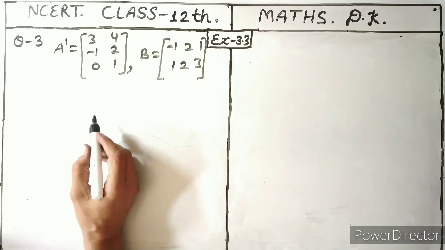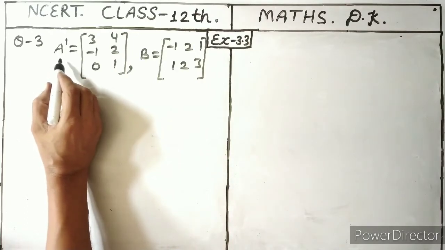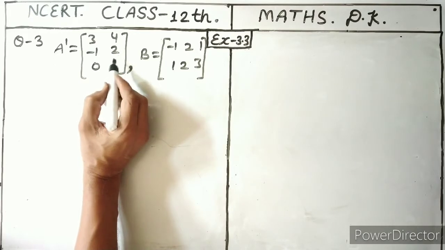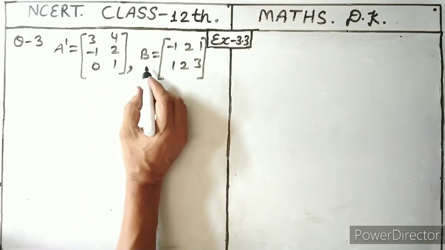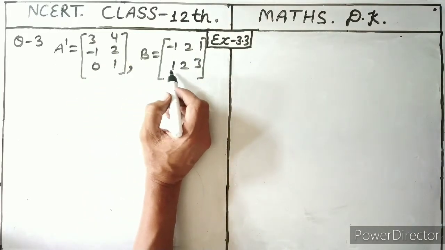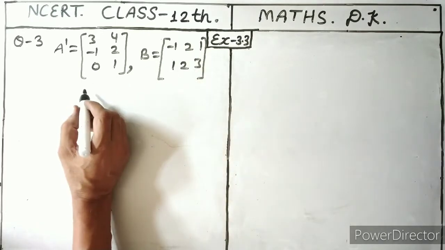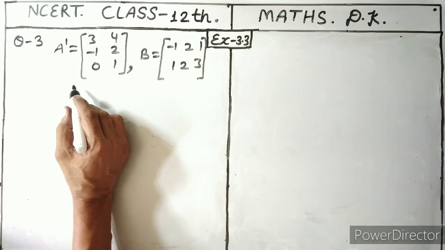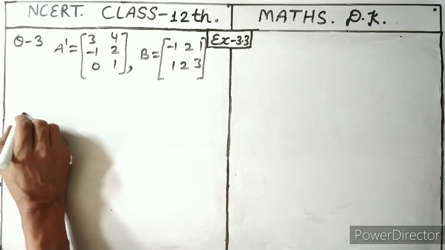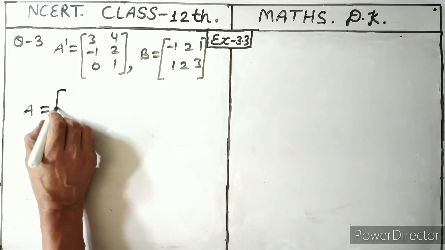In question number 3, we have A transpose equals [3 4; -1 2; 0 1] and B is [-1 2 1; 1 2 3]. In this question we don't have the A matrix. Then we find out A, and A is the transpose of